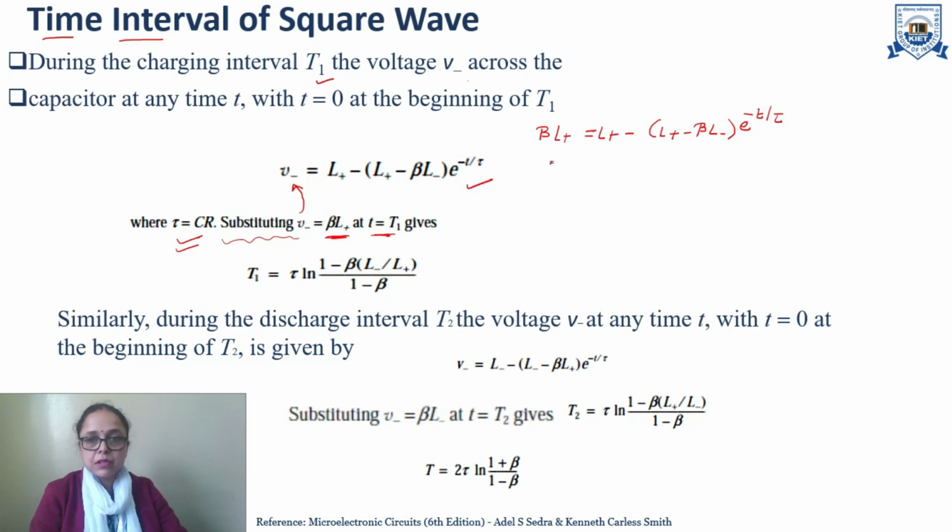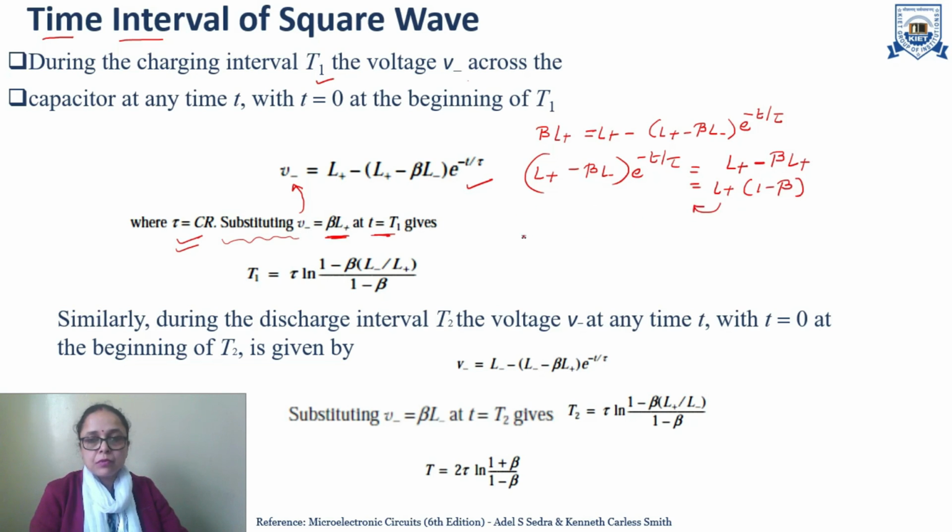What will be the equation that we will see? It will be L plus minus beta L minus, e to the power minus t by tau, is equal to L plus minus beta L plus. So, this will be L plus into 1 minus beta, and here,